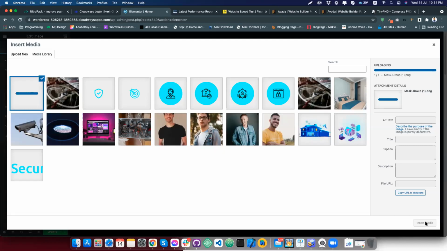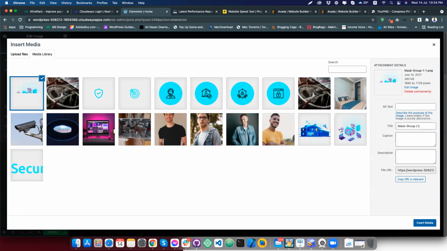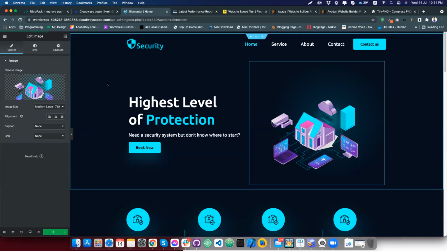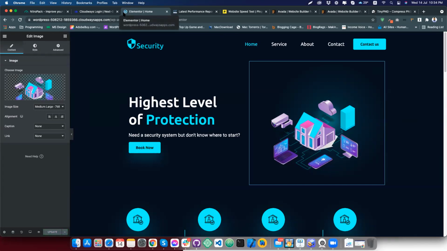Okay, it's uploaded. Okay, so I have inserted the media, and we can change the image size the same as previous. Okay, so here is the image optimization part, and then we need to go for another important issue, which is called